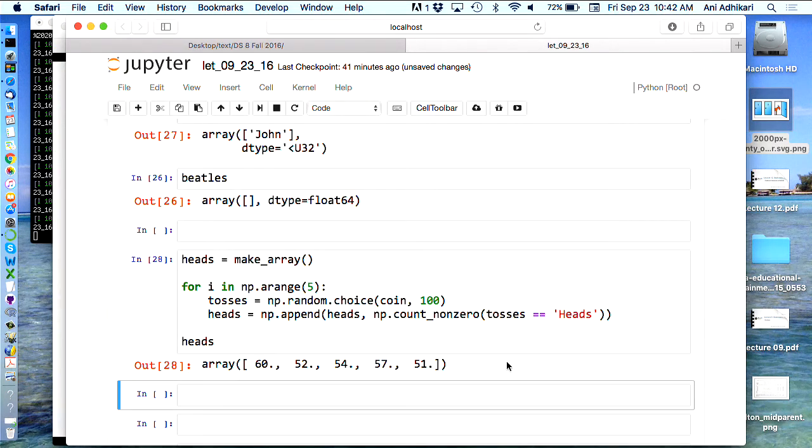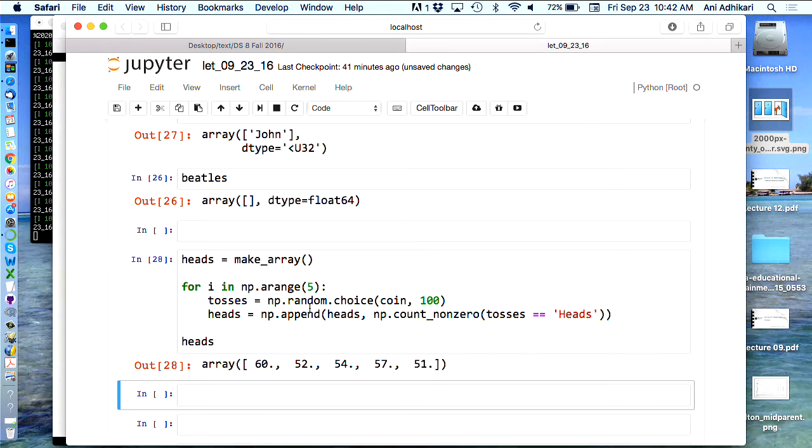Okay, so I am going slowly like cold molasses through this because these are the parts of any simulation. The empty array, decision about what to do for one repetition, doing that for lots of repetitions, collecting the results, and then doing something with the results. So now the results are not just printed, displayed, they're an array, I can work with them. Okay, so if I wanted to simulate this expression,